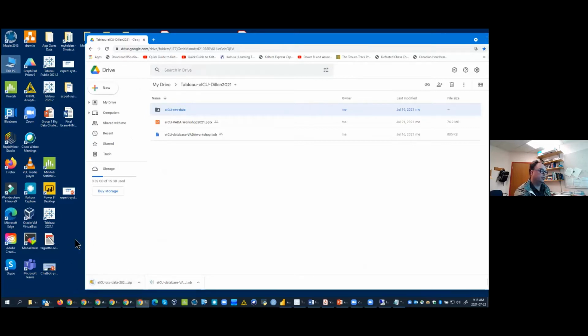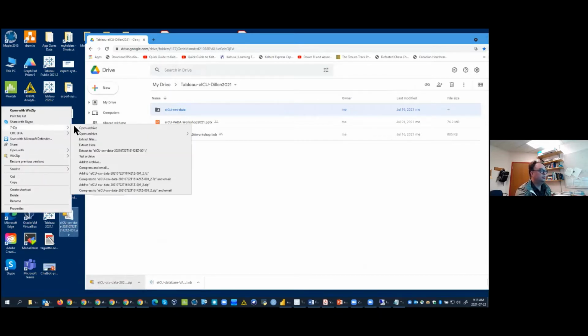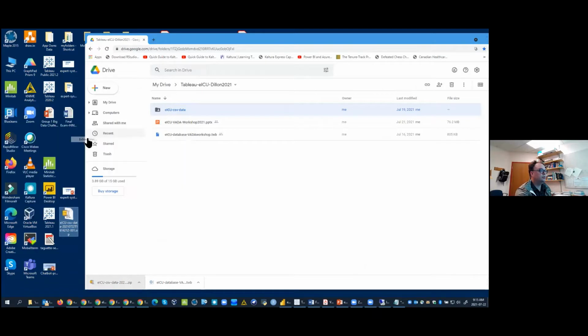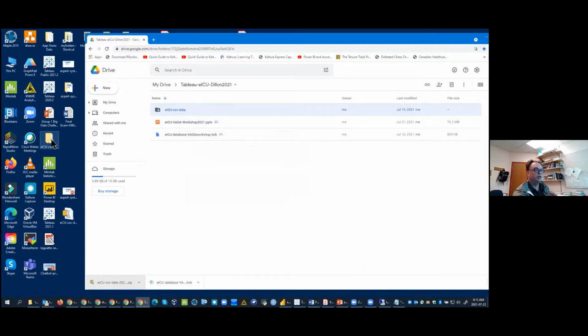There we go. And then desktop, extract all. Extract all files, desktop. And then once you have those files there, keep that in mind, that location, and then open this file here up, and then it'll ask you